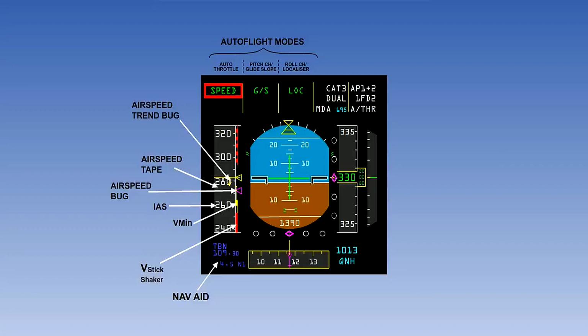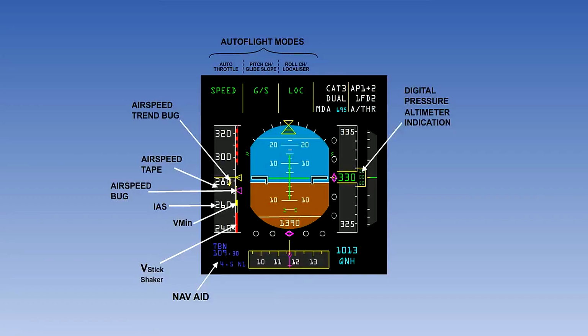The speed symbol shows the auto throttle status. This displays whether takeoff and go around power, which is TOGA for short, maximum takeoff power, climb power or thrust speed modes have been selected. The next column shows the pitch mode selected for vertical NAV or glide slope. And the third, the heading NAV or localizer mode engaged. The autopilot status is shown to the right. For the example shown here, we can see that autopilots 1 and 2 are engaged, along with the auto throttle.